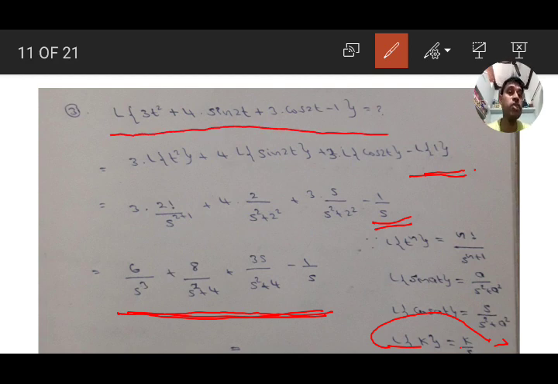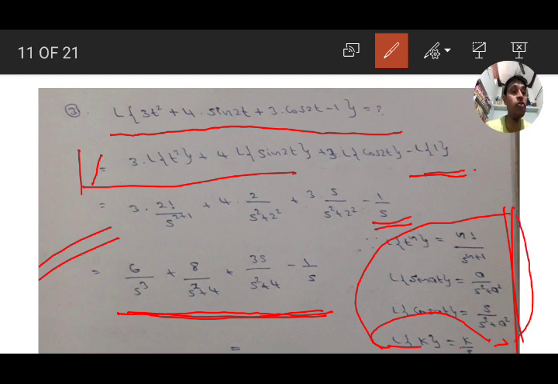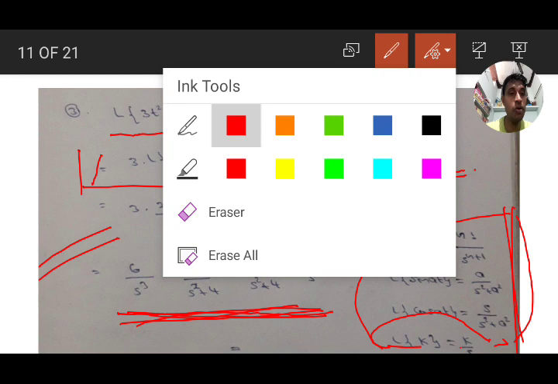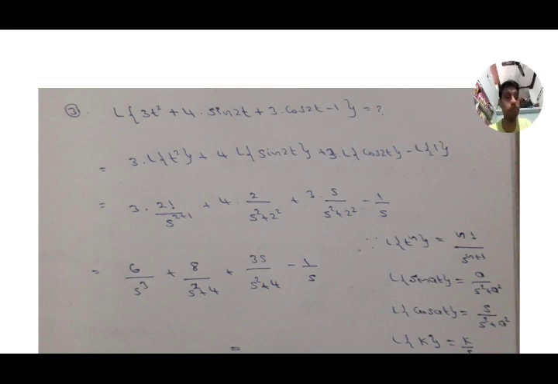So we are doing first the linearity property, next the standard formulas, these 4 standard formulas and linearity property. Please remember only 2 steps. First one is the linearity property and next the standard formula. Apply the standard formula, we get the answer. Please note down as early as possible. I will give time. Note down the problem. Next we will do the next problem.